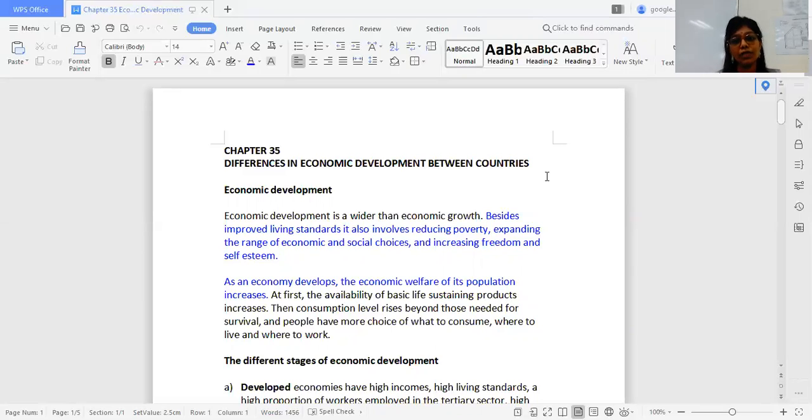But economic development is about the overall performance of the country, including decreasing poverty, increasing freedom and self-esteem, and political stability. That can also be one of the factors of economic development. That's very important. When we talk about economic development, we always have to categorize between developing and